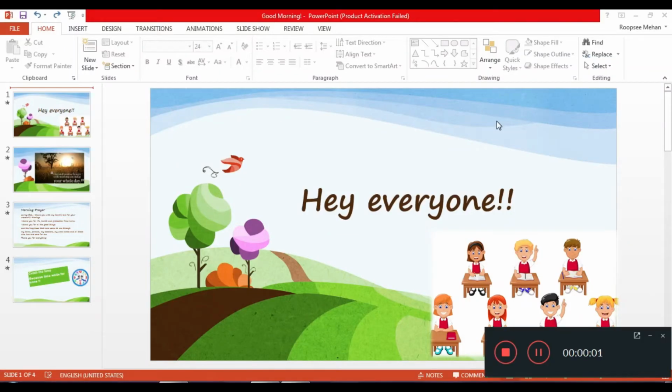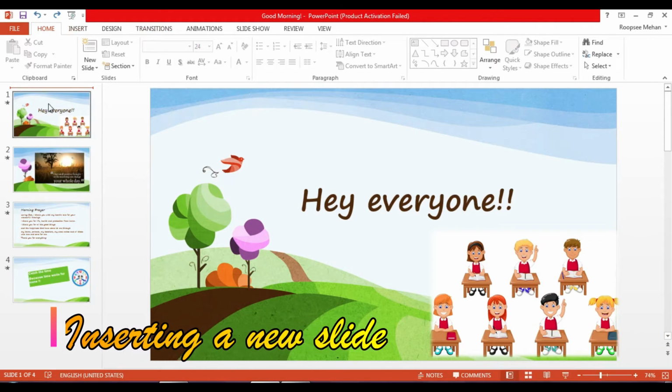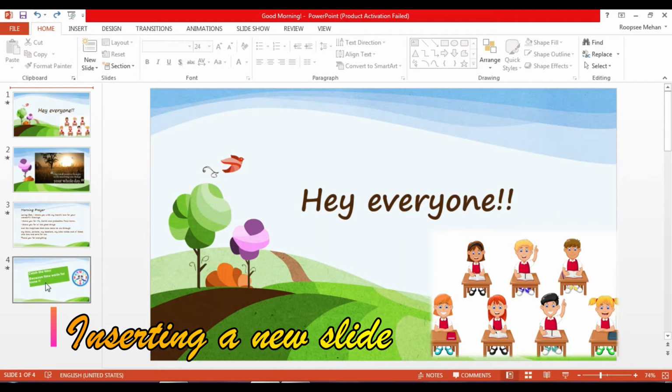So today first of all we will learn how to insert a new slide to your presentation. For example, I have opened an already existing presentation which I earlier made. Now I want to add some slides to it. So in this navigation pane, and here before this first slide I want to add a new slide. So steps are, first click wherever you want to include the slide.